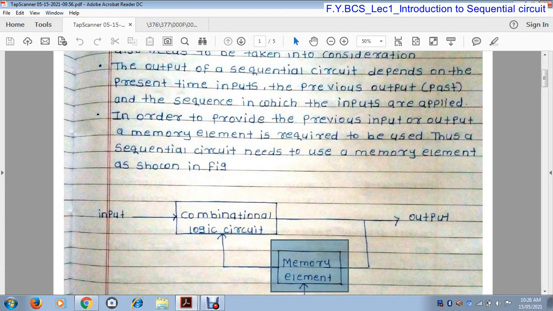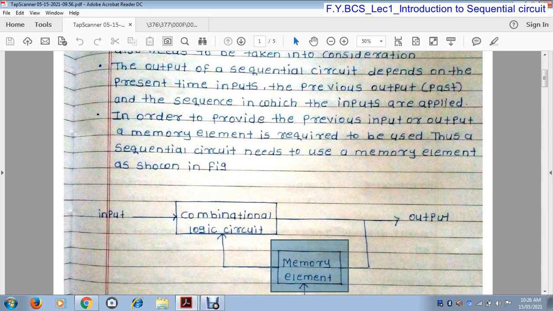Once again I repeat, in combinational circuit we use different types of logic gates and we provide different inputs to a logic gate. According to those input conditions, a logic gate generates some output, but that output cannot be stored in a combinational circuit.